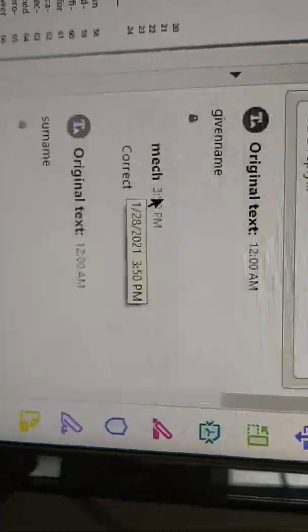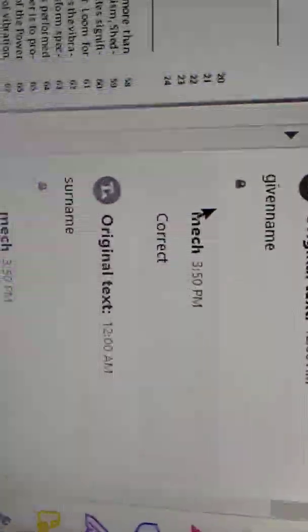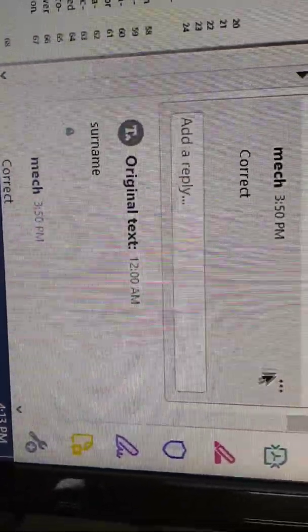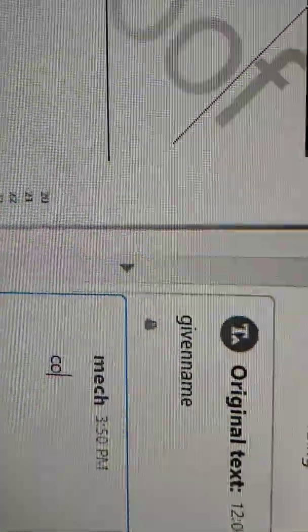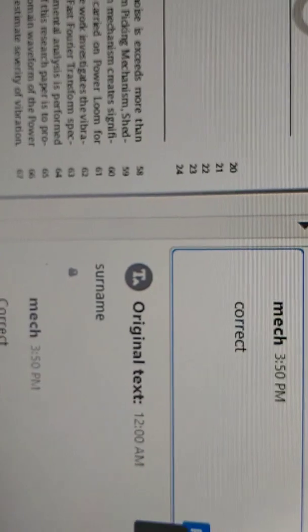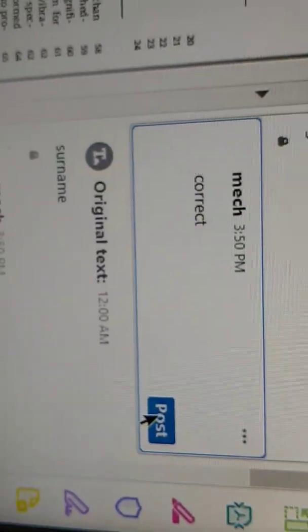Okay, then the given name, I made it so you can type it here correctly. I will make some additions here, edit. You can write it correctly. I will write one example. See, I will write it correctly. Then you write it as a post. This is one of the examples.